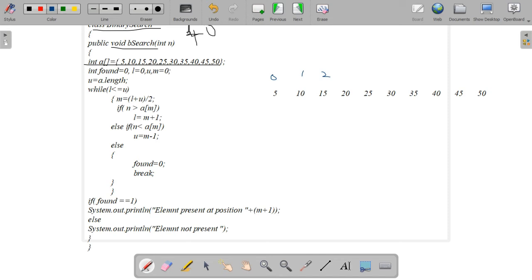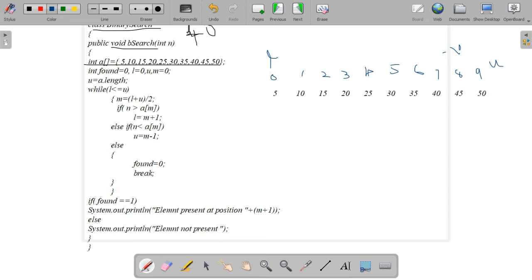These are the elements we initialized in this array, and we know the index positions start from 0, 1, 2, 3, 4, 5, 6, 7, 8, 9. Total elements 10, length of the array is 10.